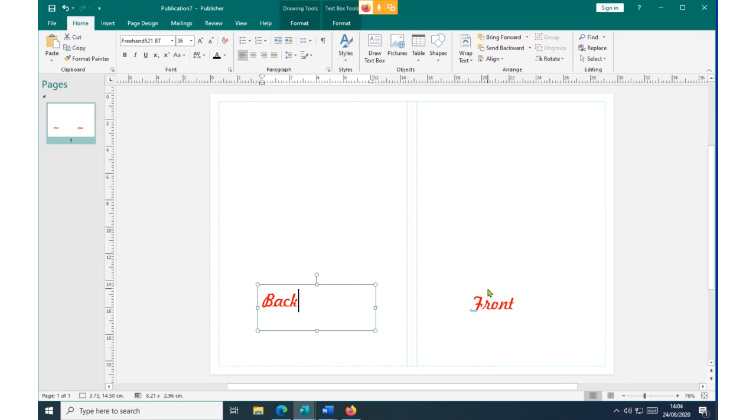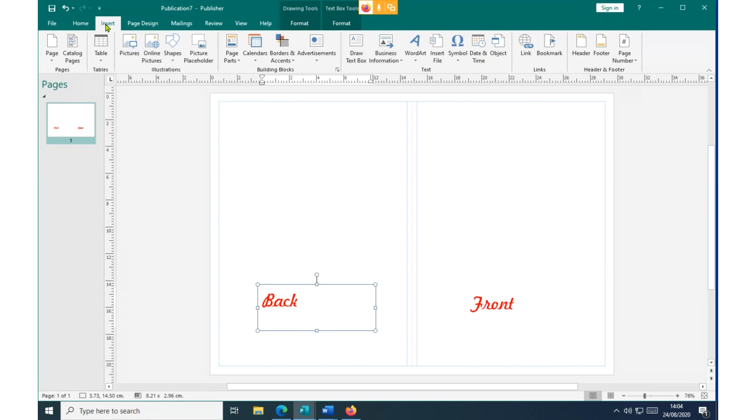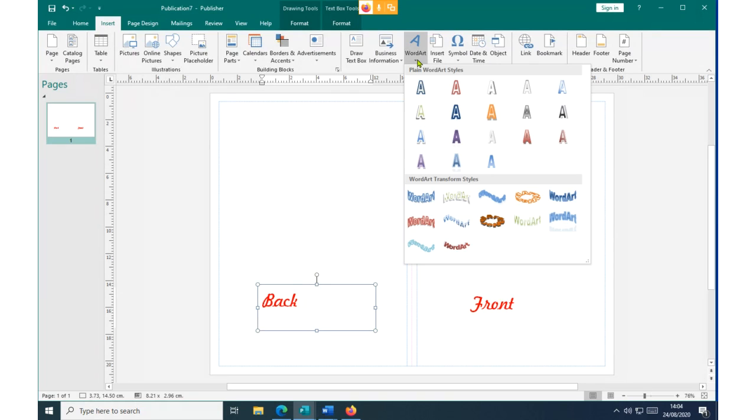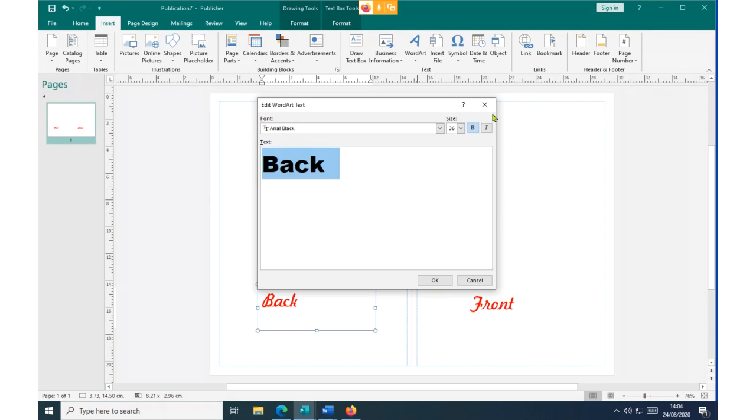For the name of the company, class, we encourage the use of what we call a WordArt. For you to insert a WordArt, you simply click on the insert command, and then click on WordArt. Then you pick the WordArt of your choice, and it will provide for you this window. On this window, you simply type, for example, the name of your company.